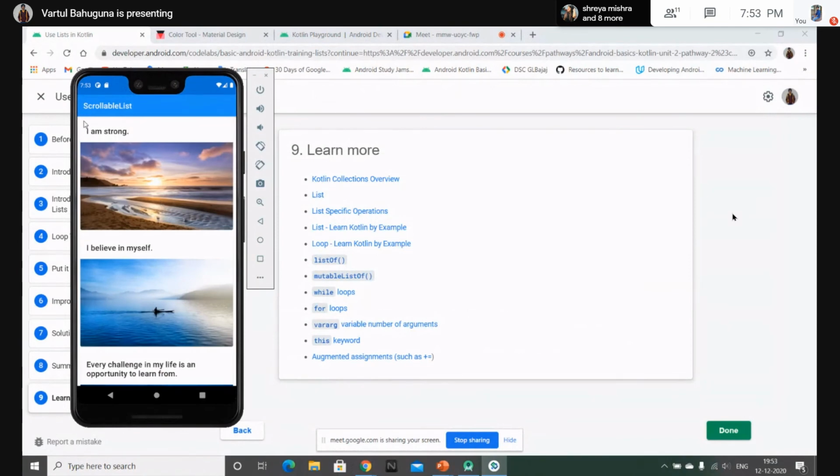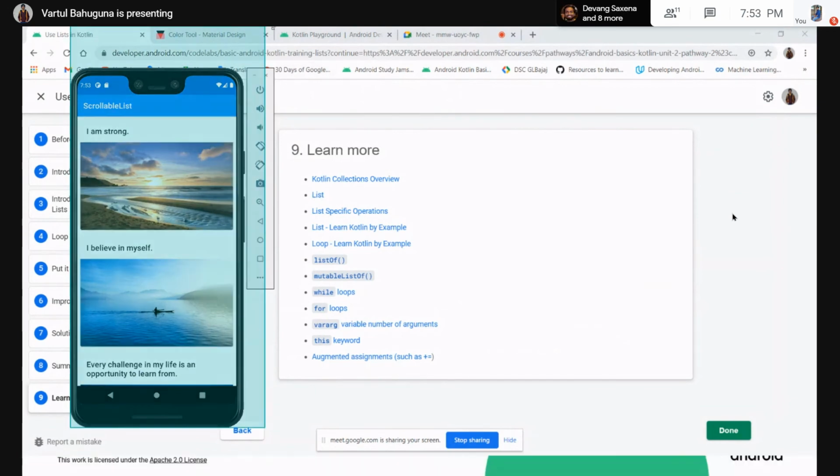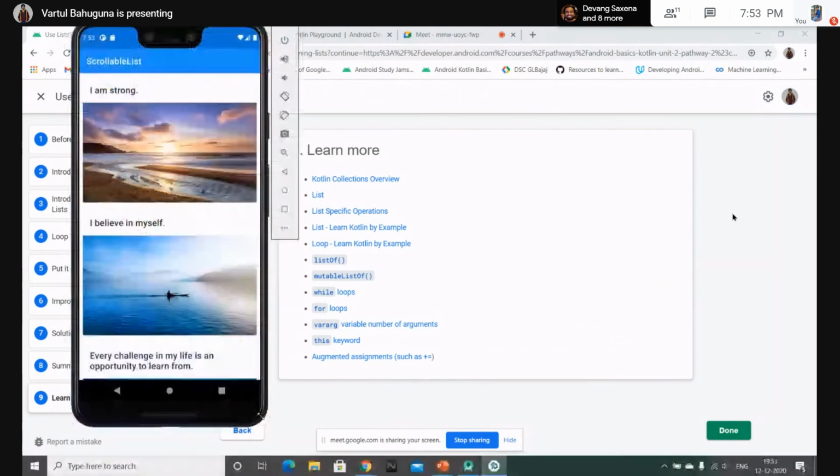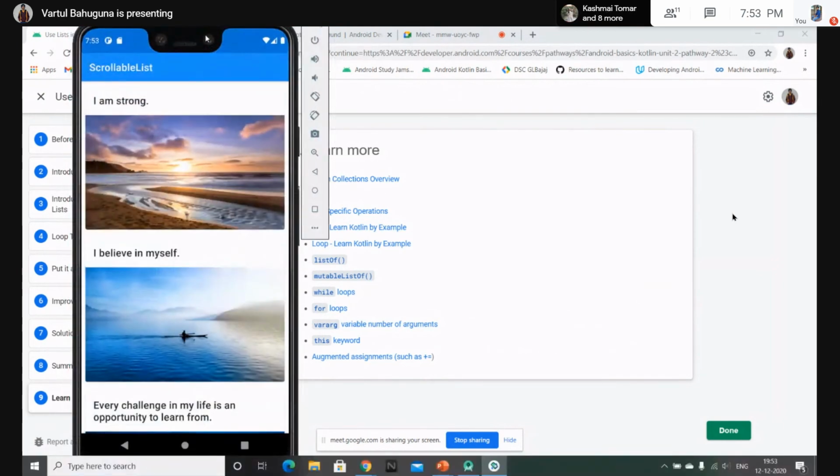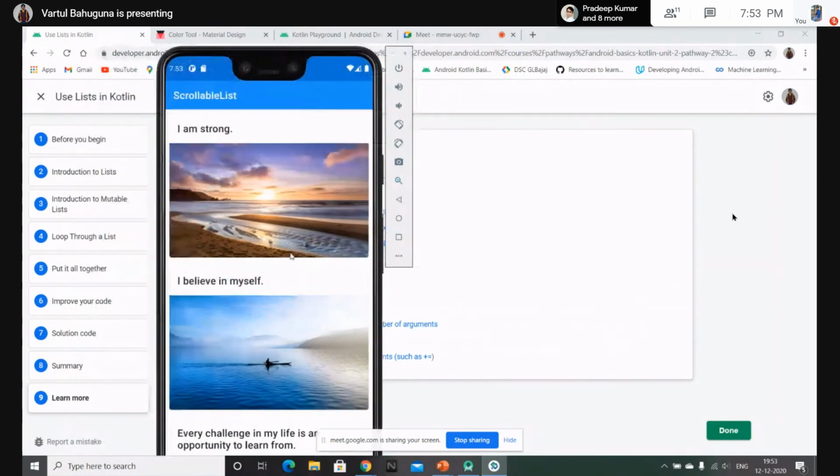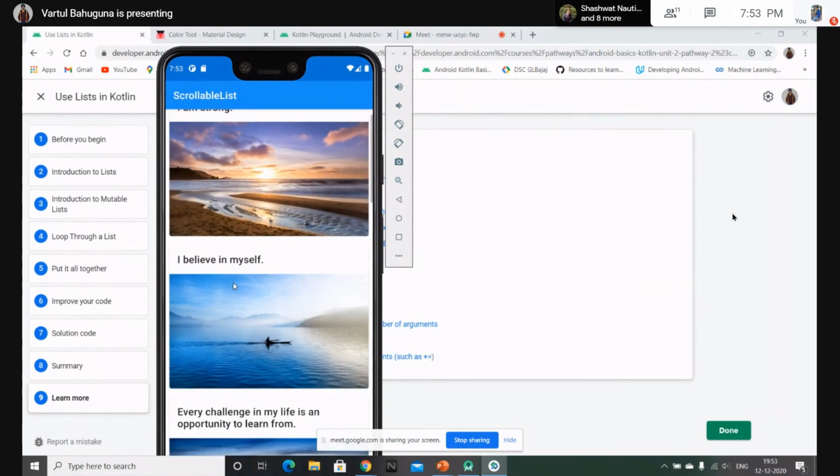Here you can see it's kind of a card. Just increase my font size. So here you can see that there is a card, and this card consists of a text and also an image.